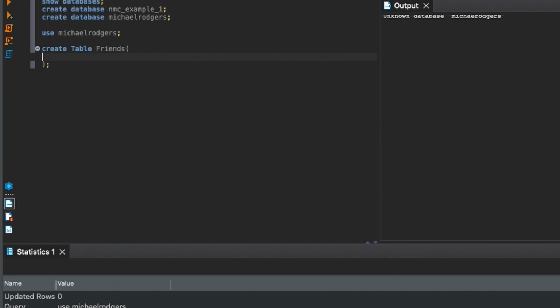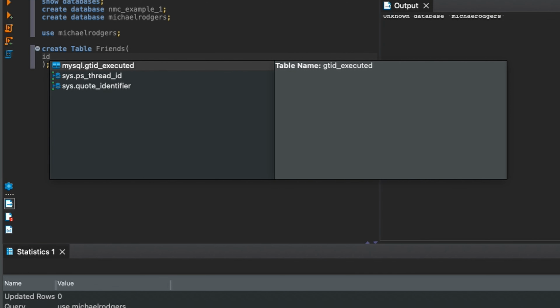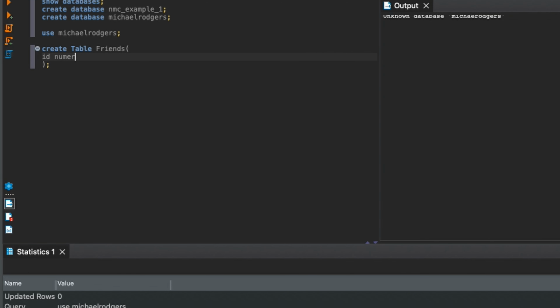Inside of it, I'll type ID, numeric, parenthesis, 6,0, close parenthesis, primary key, comma,